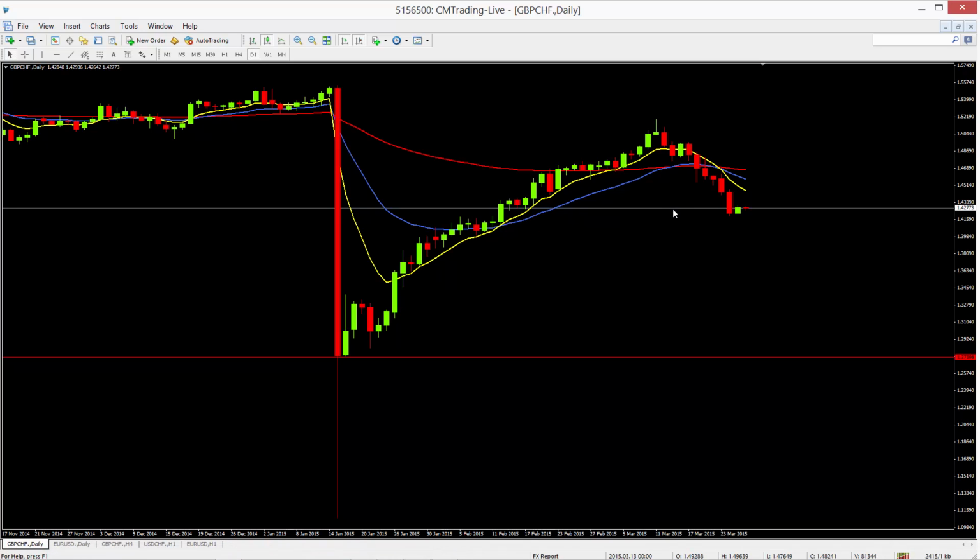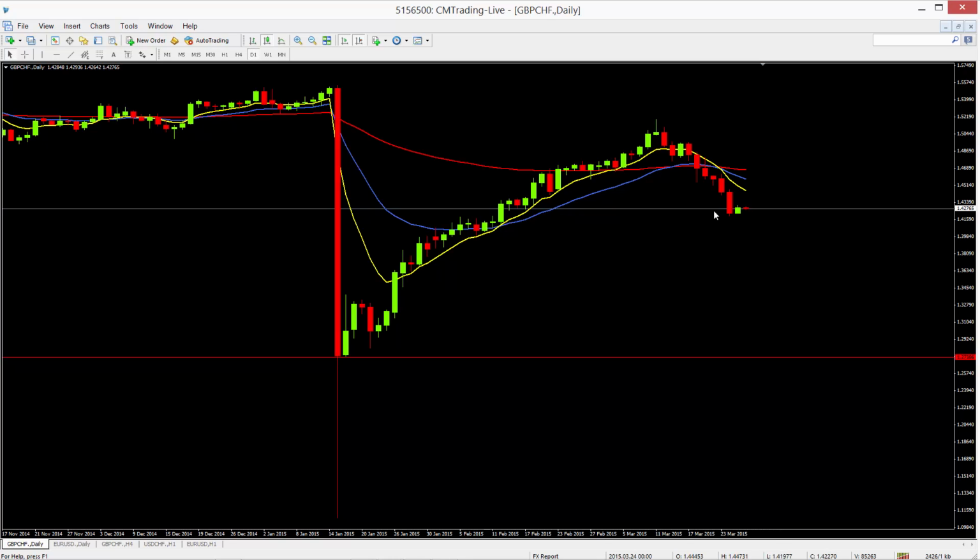There's the pound franc, and we can see that trend is down still. A little green candle yesterday. I don't think it's anything to be concerned about. I think that trend should still continue lower. Yesterday I just saw pound housing figures come out better than expected. I don't know whether that's enough to regenerate the pound. I think the trends are changing on that one.